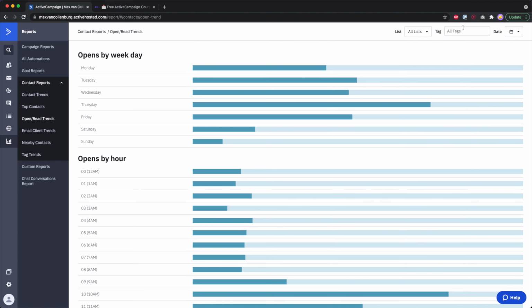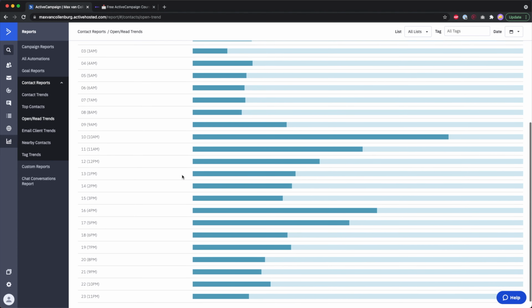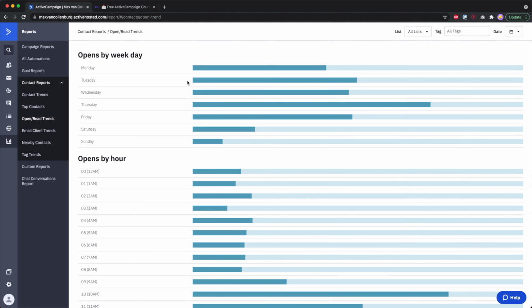I like this, but it would also be nicer if you could make a combination of multiple tags, or also include some custom fields, because I do my segmentation inside custom fields. So I have the feeling it is cool, but it could have been a little bit better maybe. Yeah, I'm not sure.